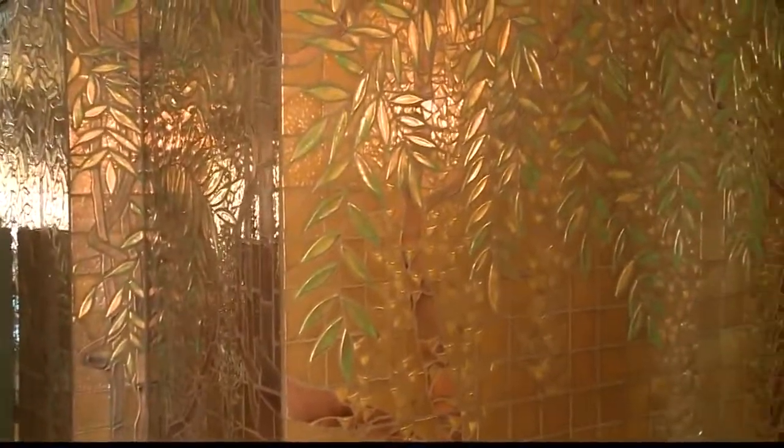Wonderfully, they actually cleaned out the ash pit in the basement and found a large number of the original fragments that had been swept into the ash pit. So there are about 50 original pieces in this spectacular recreation done the old-fashioned way by Bovard Studio of Architectural Art in Chicago. And they hand-cut, hand-patterned,